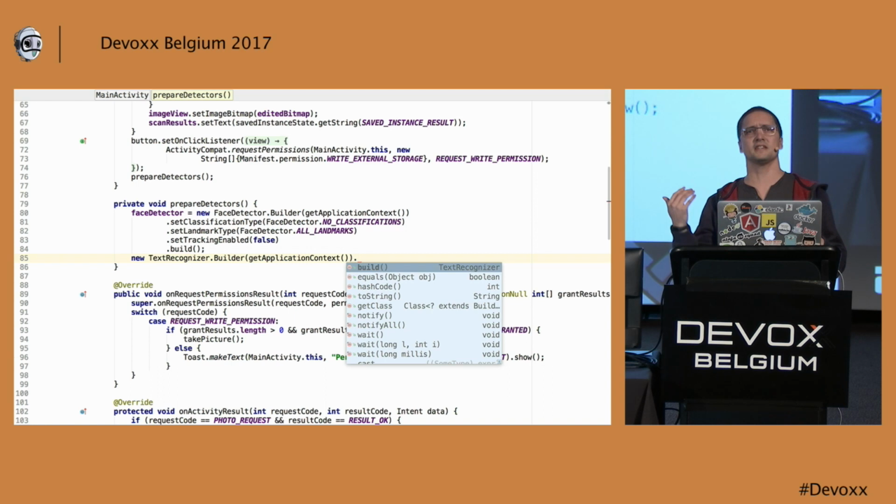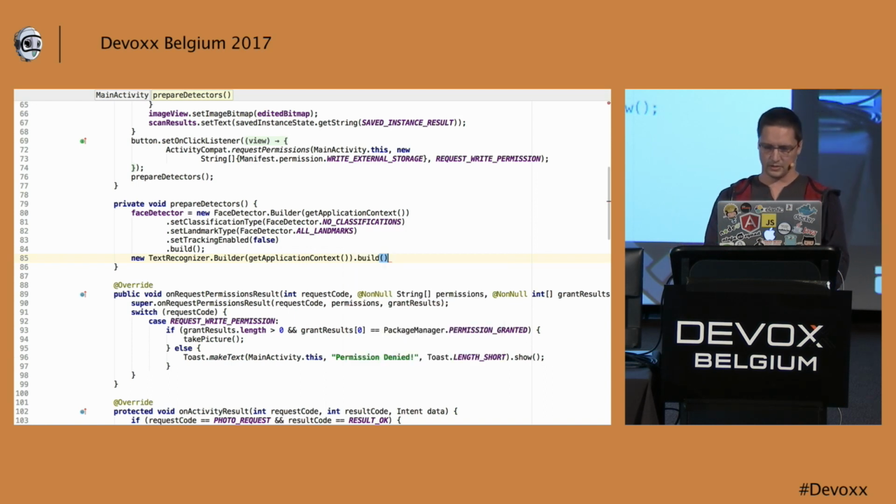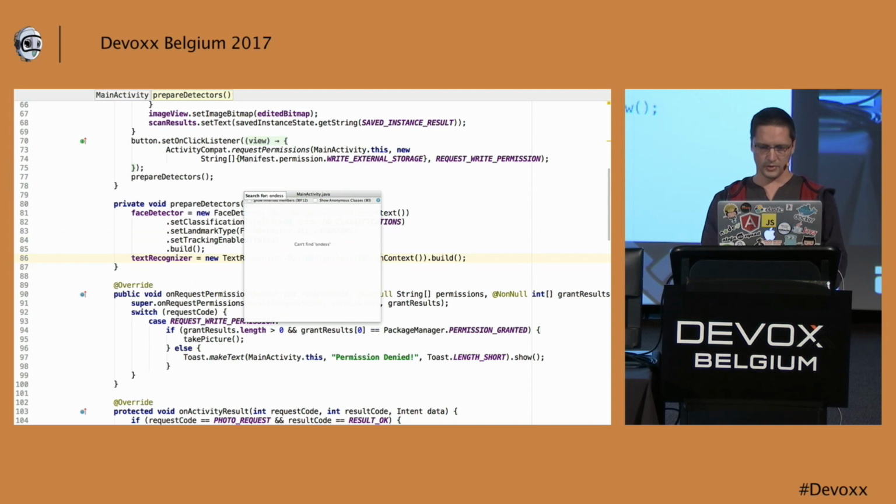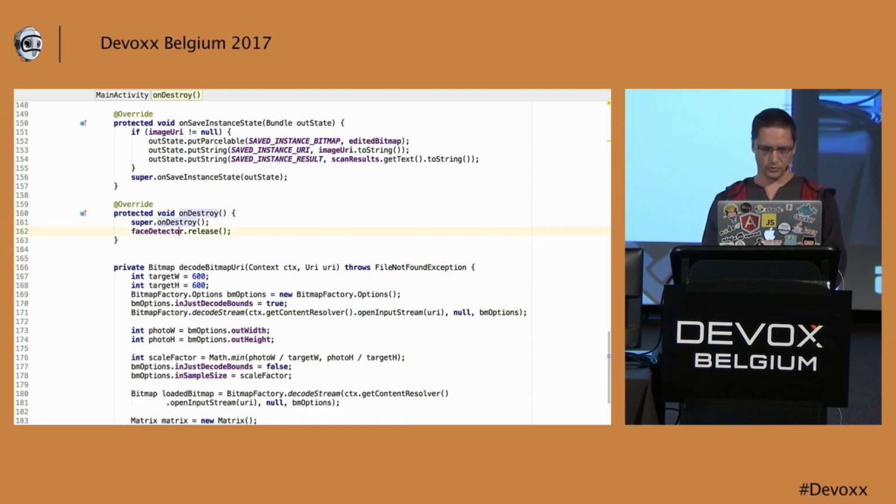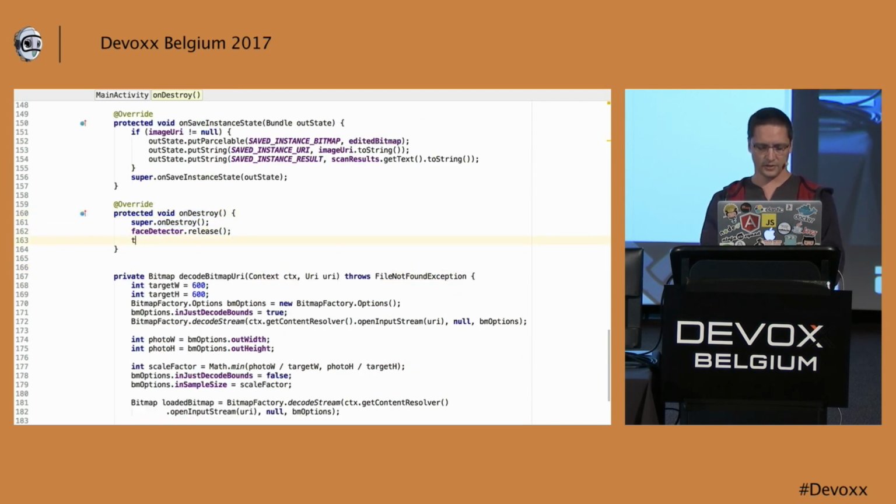As you can see, there is no configuration for a text recognizer, so you just have to build it. Create a field with it. You need to go to your onDestroy method in order to release the native resources that will be used by this text recognizer, like this.